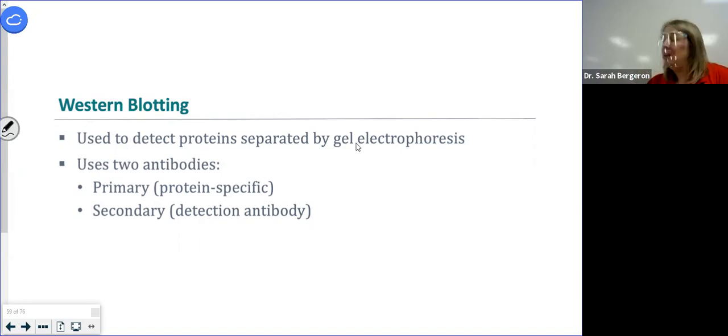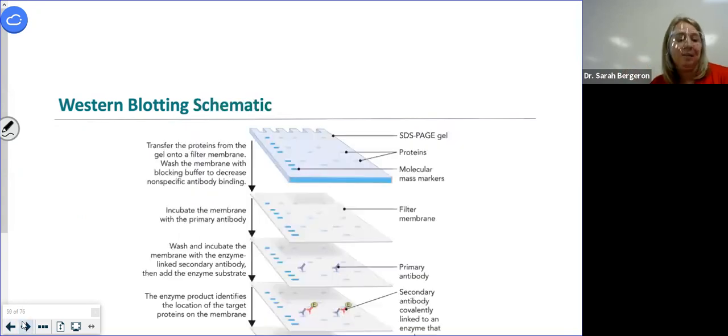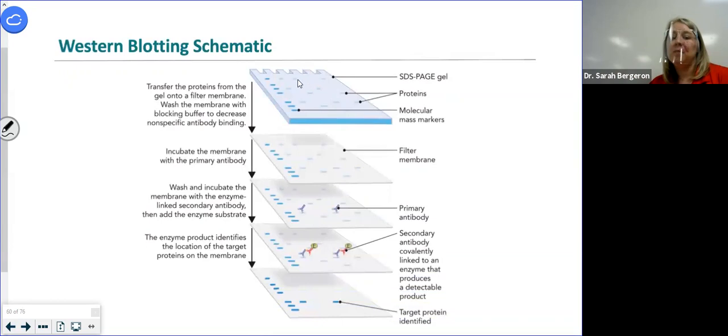So I can run a gel that has whatever sample I want on it. And then I can use antibodies to recognize exactly the protein that I want. So let me show you how it works. You need 2 antibodies to make this work. So this we've done before, right? We've run an SDS-PAGE gel. We've stained it, and the things that are blue are proteins, right? What's this first column? That's my standard that I know the mass of, right? So that's my molecular mass markers. All these others are my samples.